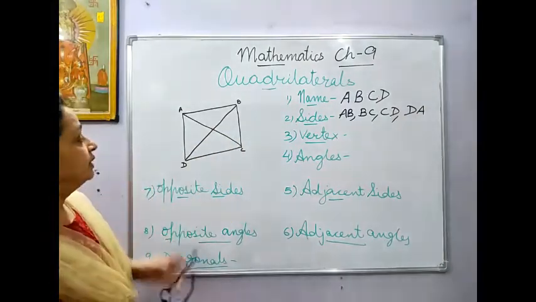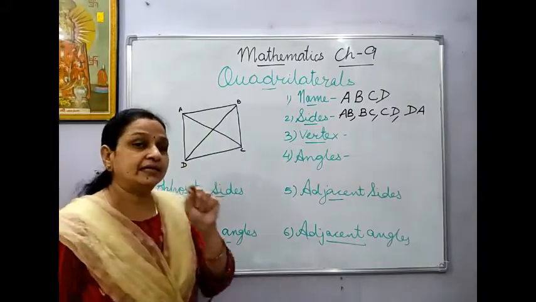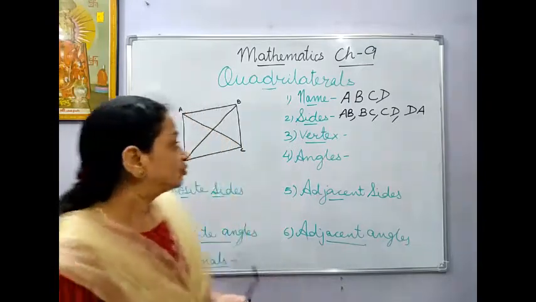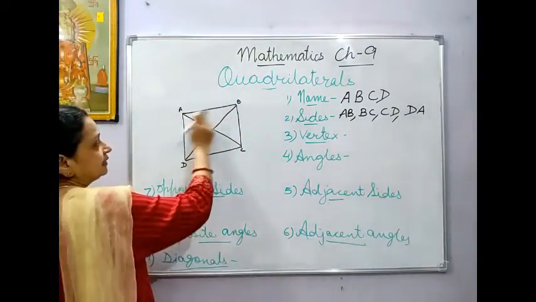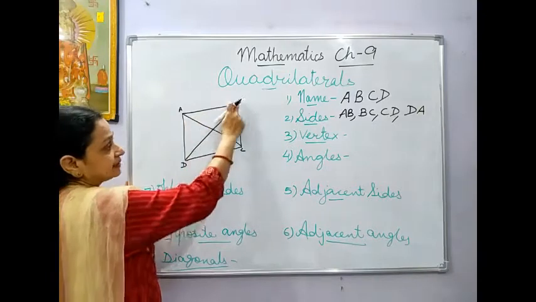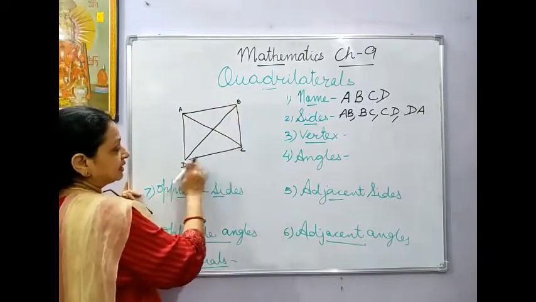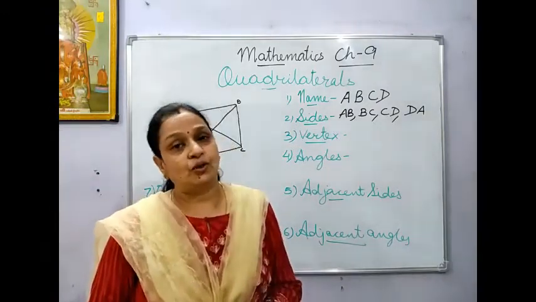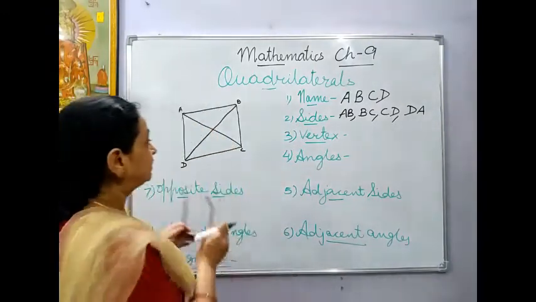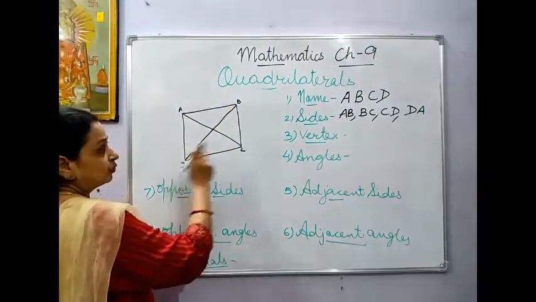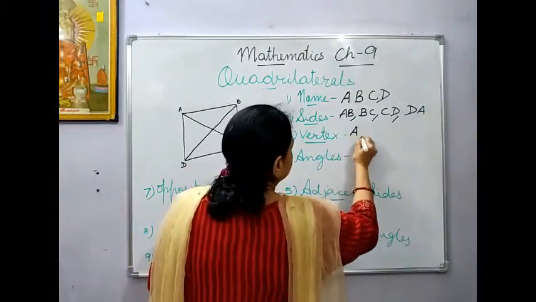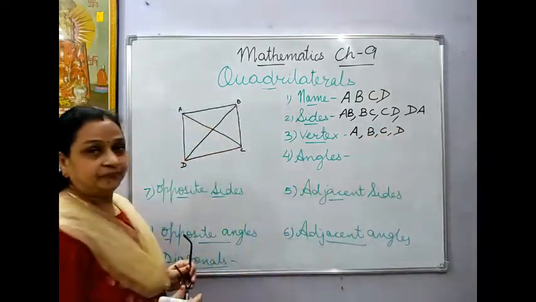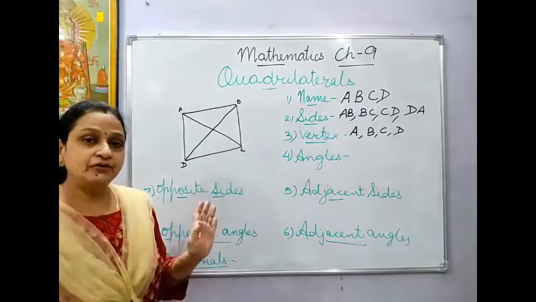Now if you observe, these 4 lines are meeting at their end points, and that is called the vertex. These two, this line and this line, are meeting at this point, this and this are meeting at this point, this and this at this point. Like this they are meeting at their end points, and that point is called a vertex. So how many vertices are there? 1, 2, 3, 4. We'll write the names: vertex A, vertex B, vertex C and vertex D. I think this much is clear to everyone.